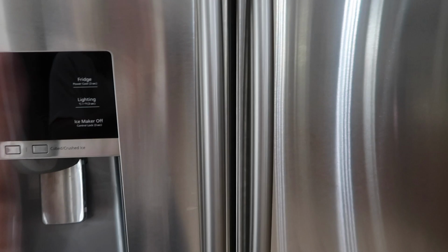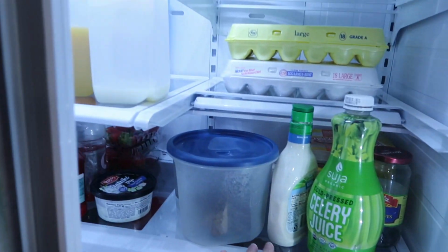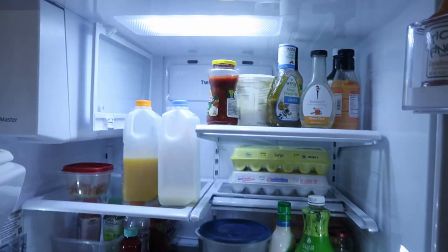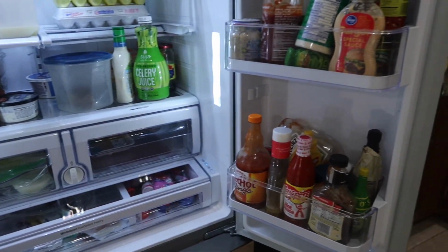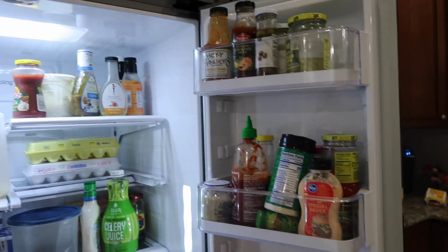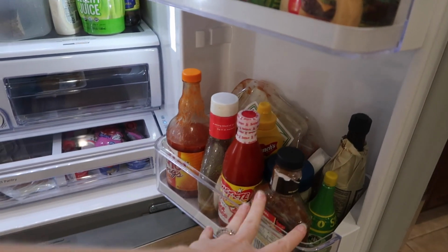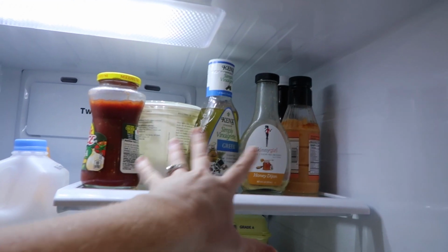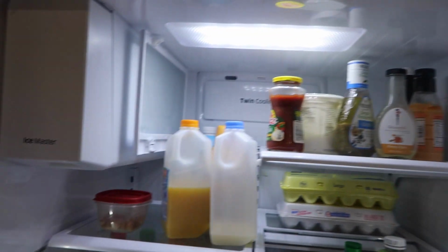I have wiped it down a few times, like the shelves and everything, but this refrigerator is so out of hand, for us at least. There's probably so many things that are expired in here. I do go through these drawers or shelves a few times a year actually, but it's just getting crazy. All of this stuff is supposed to be in the side, so